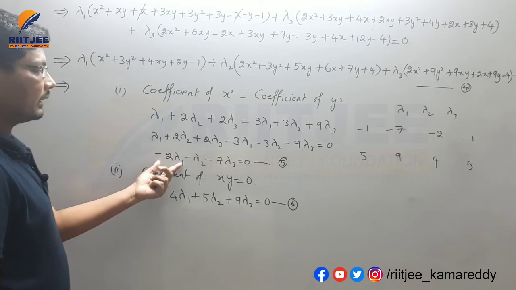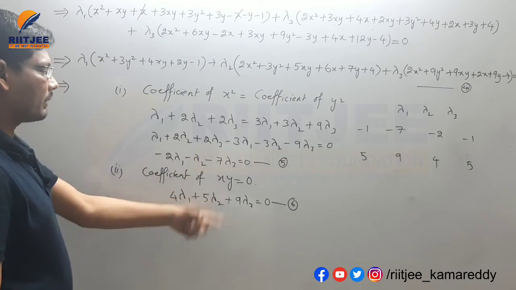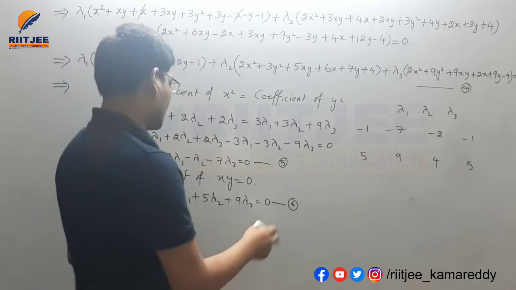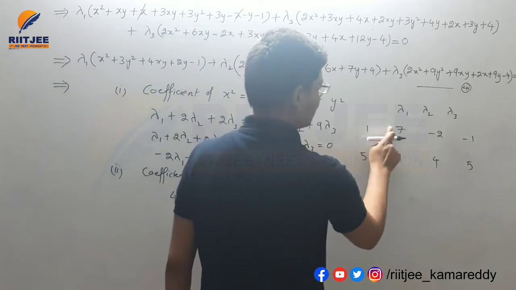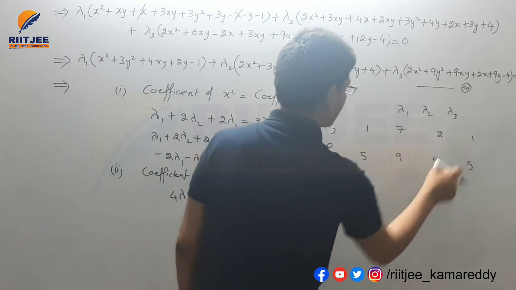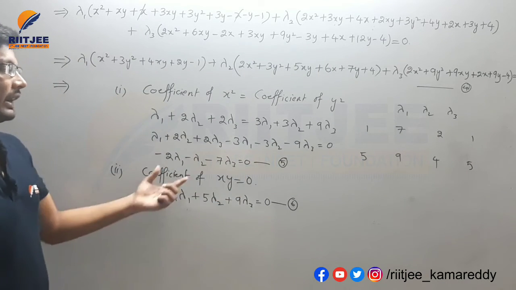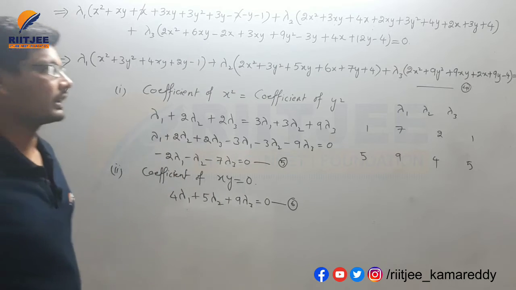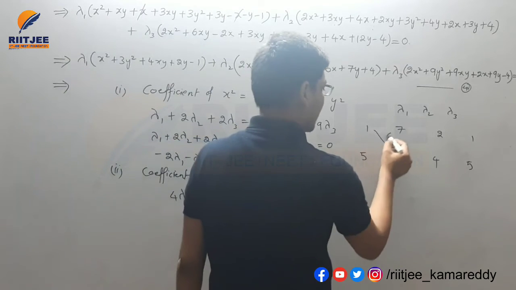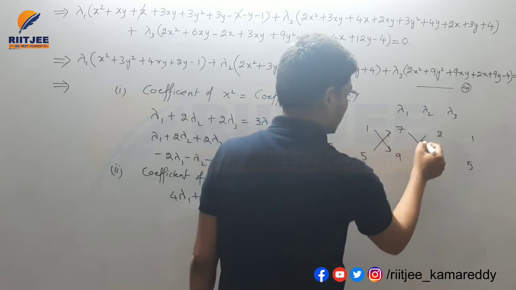If you multiply all the equation with minus 1, that will become plus. That's why I am writing all the coefficients with positives only. If you multiply this equation with minus 1, we will get the total equation positive. That's why I am taking this like this. So do the cross multiplication for every pair.